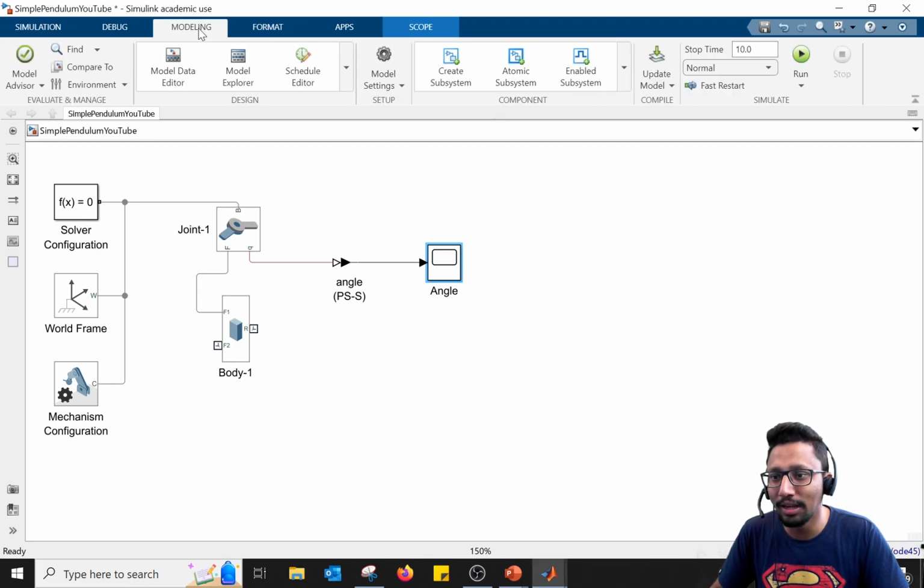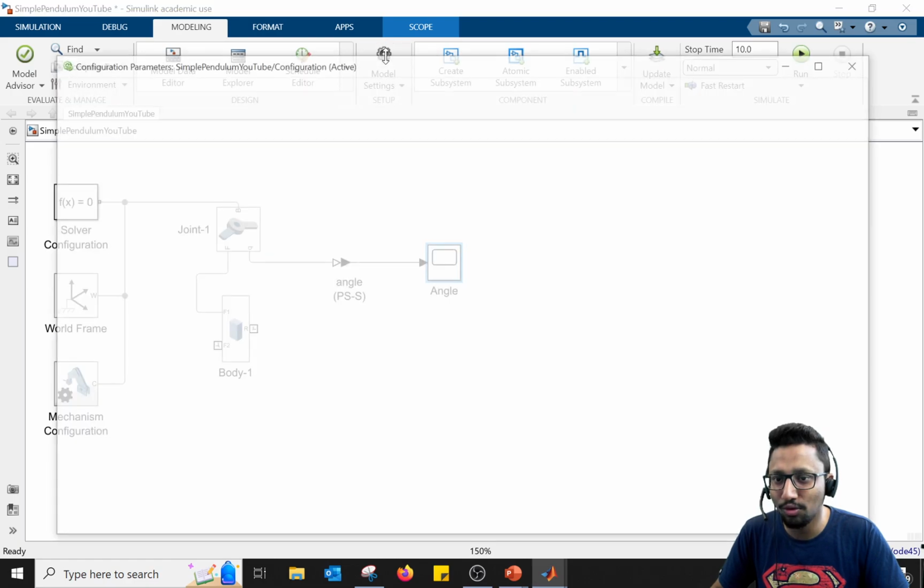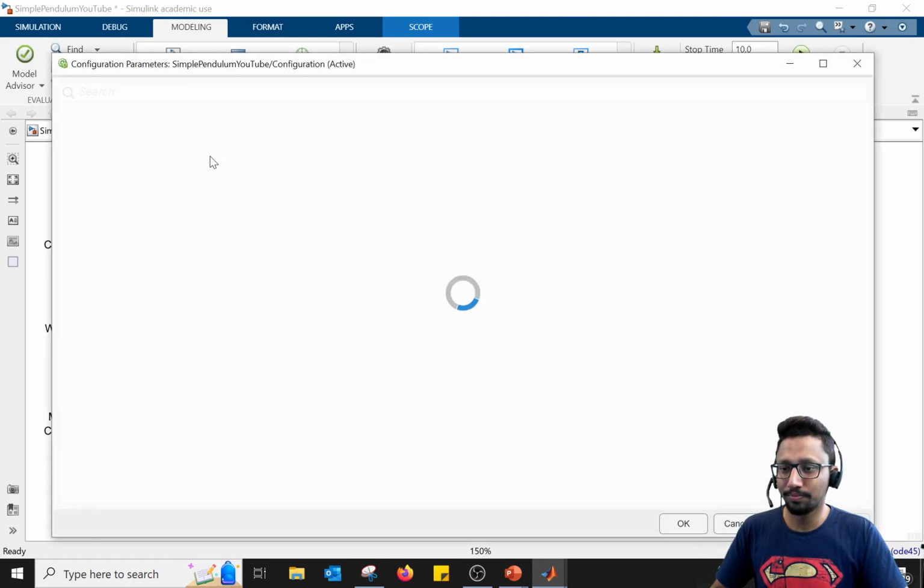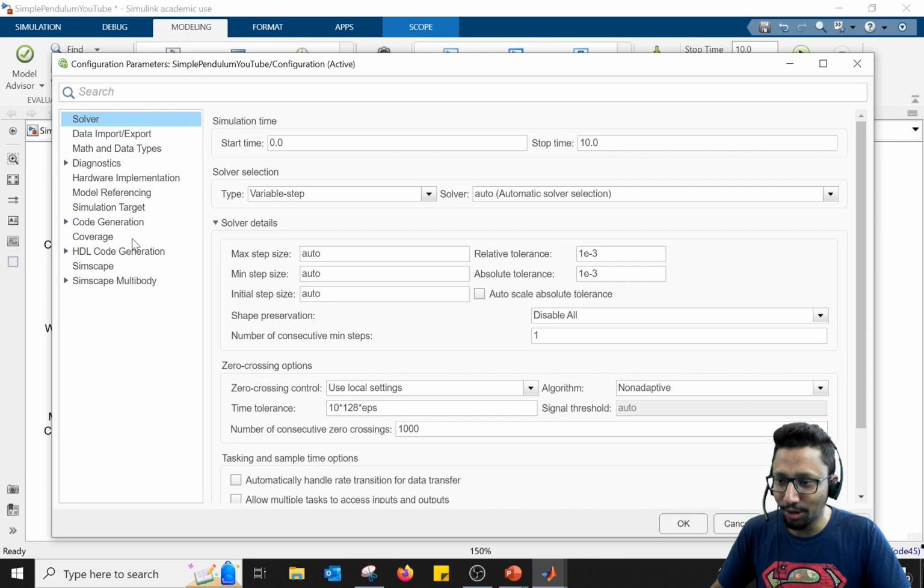So what I want you to do is go to this auto and then solver setting, either from here or go to modeling, and from there you can go to model setting. Press this option, it will take you to this window where you have the solver. So start time, stop time, which you already gave. Now the solver is variable step. If you can change it to fixed step,